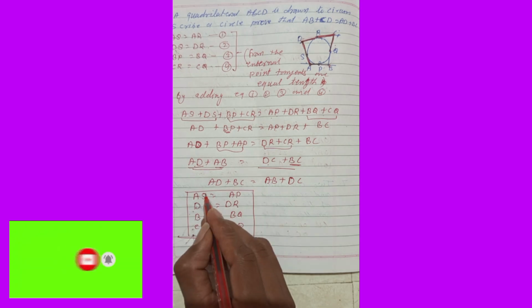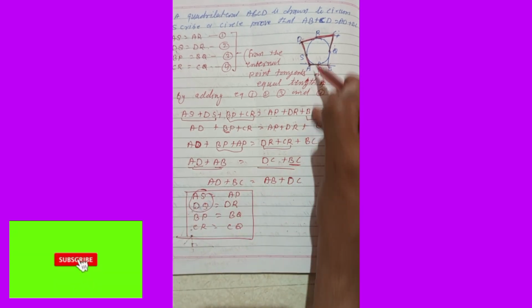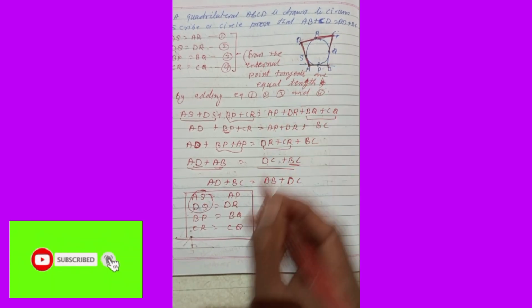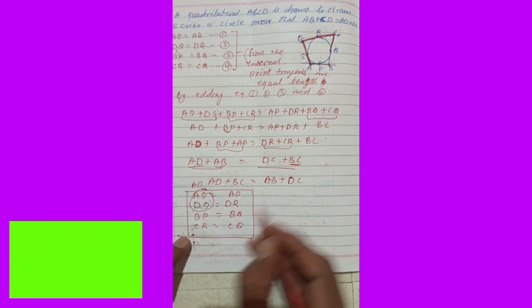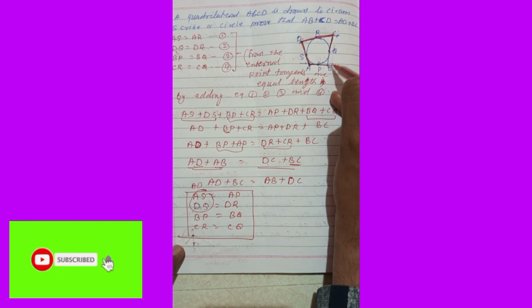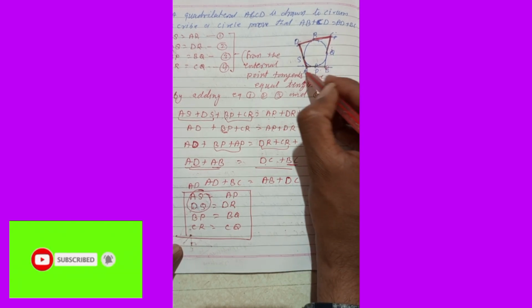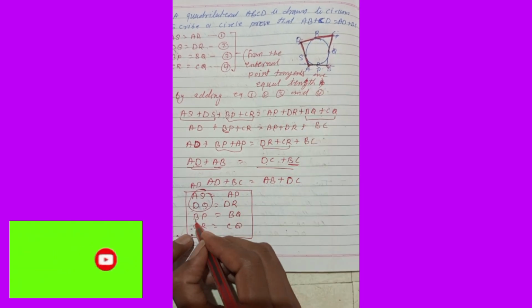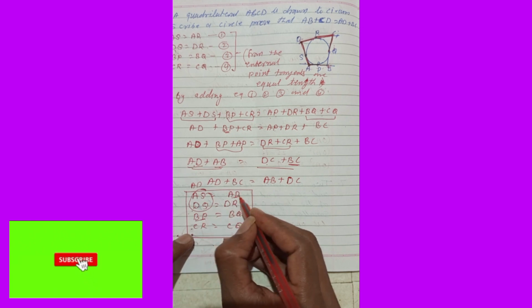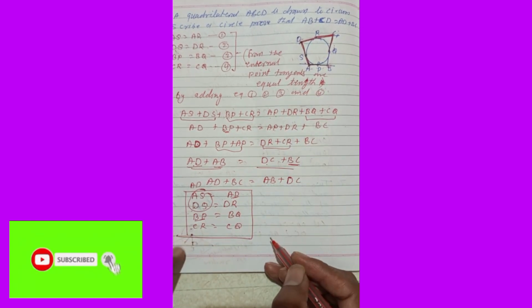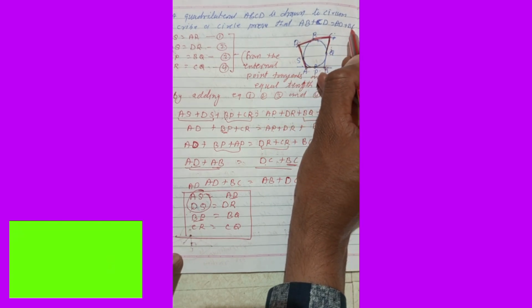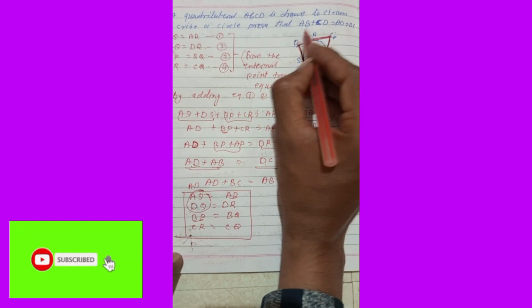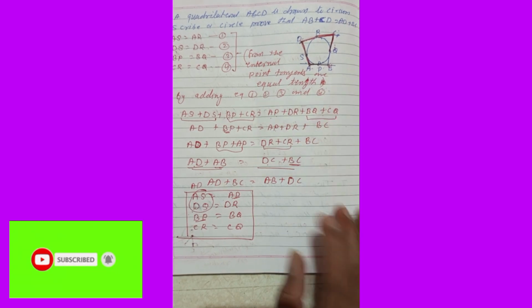If you are adding AS and DS, it will become AD. Now BP and AP, this side also will become equal, so it will give the same thing. AB plus AD is equal to AD plus BC, like that. If this side is taken across, then it will come with a minus, no problem in that also.